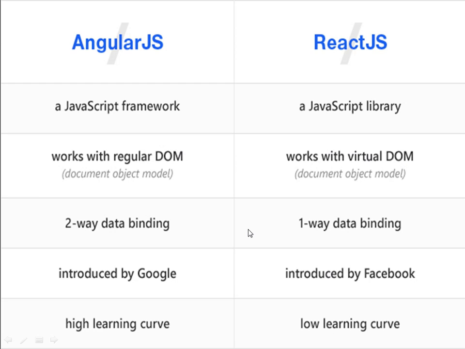And again there is a binding concept. AngularJS has two-way data binding, and React has one-way. Two-way data binding means if you make some changes to the UI, then the corresponding model or component that you have defined at the backend is also going to change. And if you make some changes to the model or component, then the UI is going to change. So there is binding both ways, meaning there is a linking.